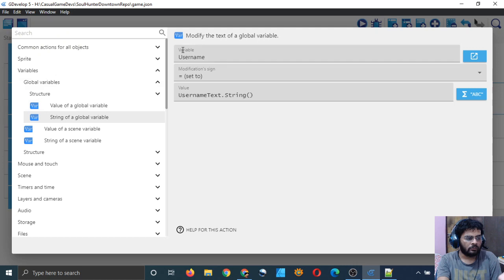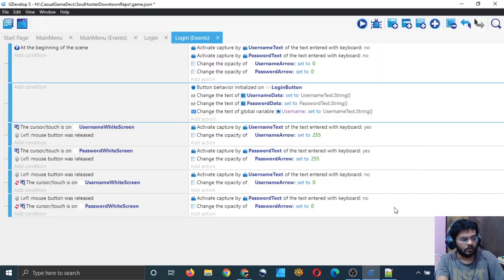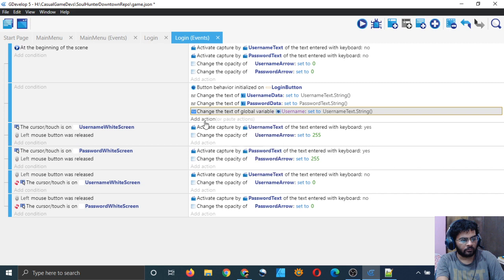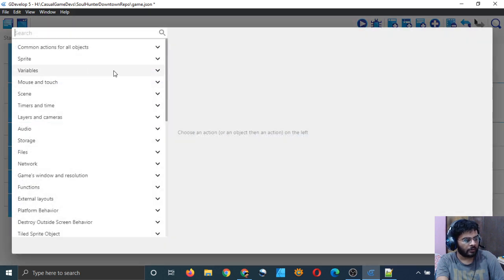Don't change the value, change the string of a global variable, because I think for value they are considering that it will be a number and not a string. So we should choose the string. Choose to change the string of a global variable. So that's good, and let me copy that. Not, don't copy it. I will do it again.